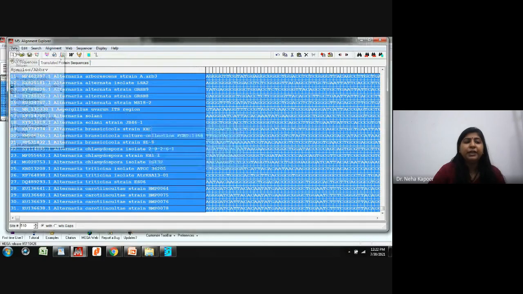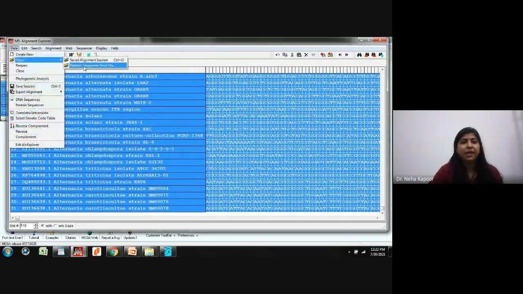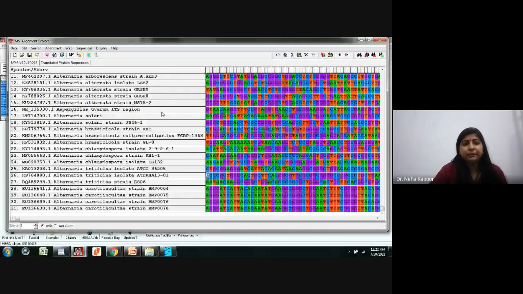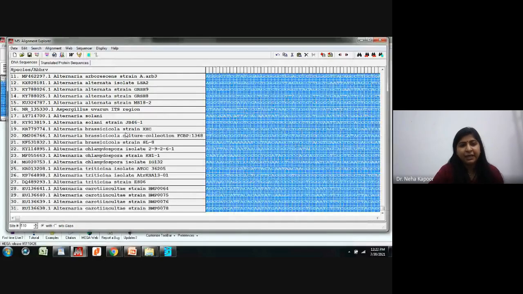If you want to retrieve the sequences from file, you can select the file from here also. You can open that folder from this tab and you can select the sequence. If you want to copy paste it, you can do that also. So I have copy pasted it. All the sequences are selected right now. Before proceeding on to the alignment part, first of all, you need to select these sequences. For that, you can either click Ctrl+A to select all the sequences, or you can directly